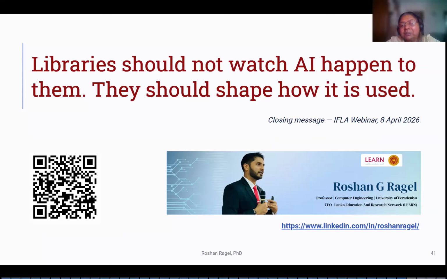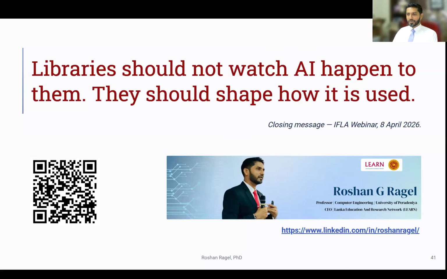So generic tools, yes, like you said, they are packaged, but it's possible to build specific tools. These are already happening. Even libraries now can look for such tools. That is what I was highlighting earlier: you have to work with vendors to look for specific tools that support specific things. I shared a study where 36 libraries have done it. What they have done is not generic tools. They are customized tools built specifically for them. It's possible.